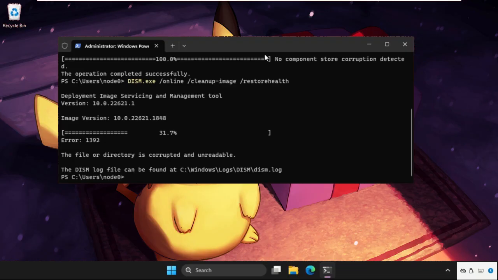So if you get this error, no problem, but still you need to execute this command. Maybe in your system it can execute correctly. So we will move to the next command, that will be dism.exe space slash online space slash cleanup-image space slash startcomponentcleanup